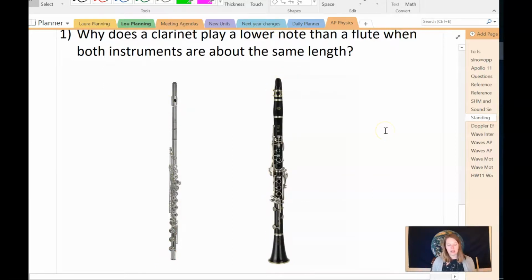They act differently and have different harmonics. So with the flute, you can produce a higher frequency note, which is a shorter wavelength, and with the clarinet, it has to have a longer wavelength because only that quarter wave fits in